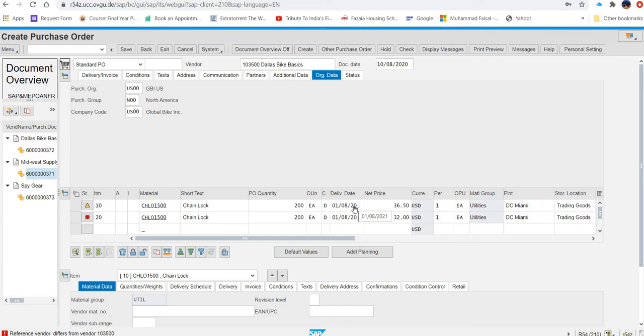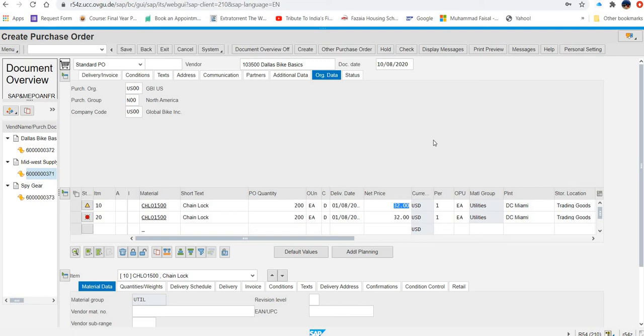Yes, it is already there. And the net price is 32. So here is the net price, it has to be 32. Okay. And the currency is USD. And then the price they are showing, it has to be 6,400.